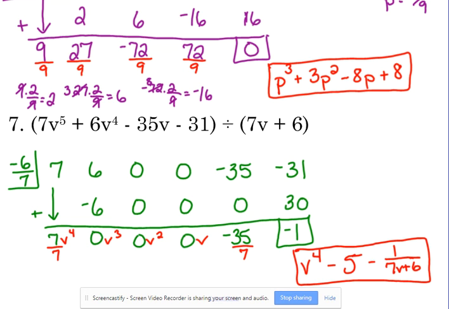Okay, remember I mentioned the other day, when your remainder is negative, you can just put a minus sign in front of that fraction there on the end. I'm okay if you want to put plus with the negative with the 1, that's fine. This is how the answer key is going to show it. That's how it would show up as a multiple choice answer choice as well. Okay, so let's keep practicing with our